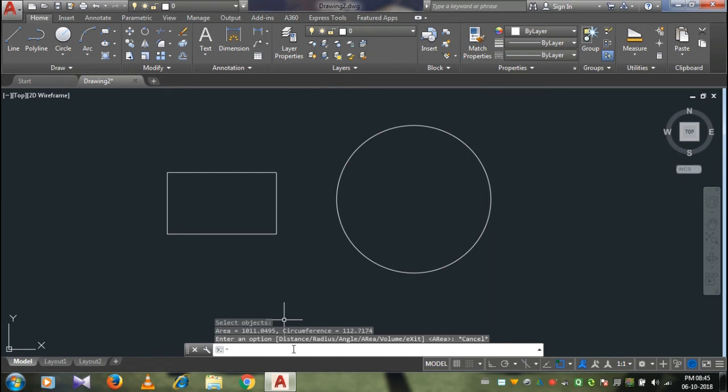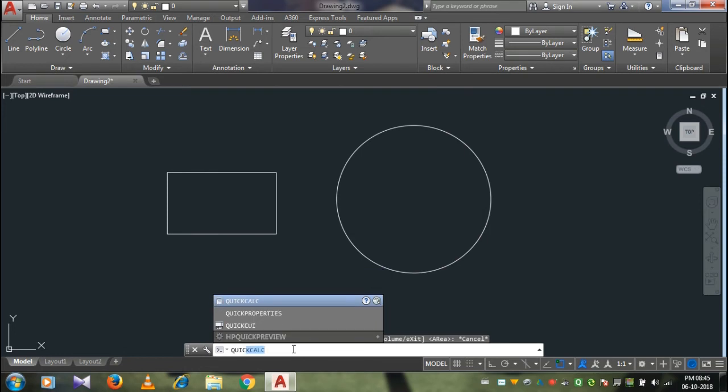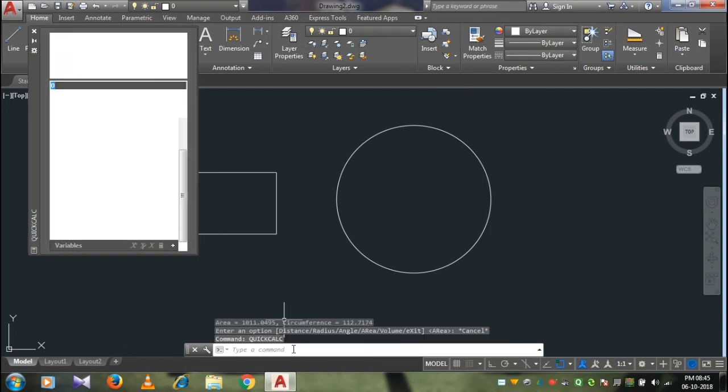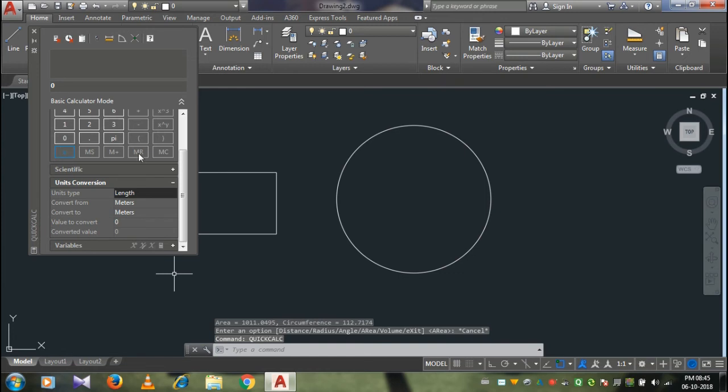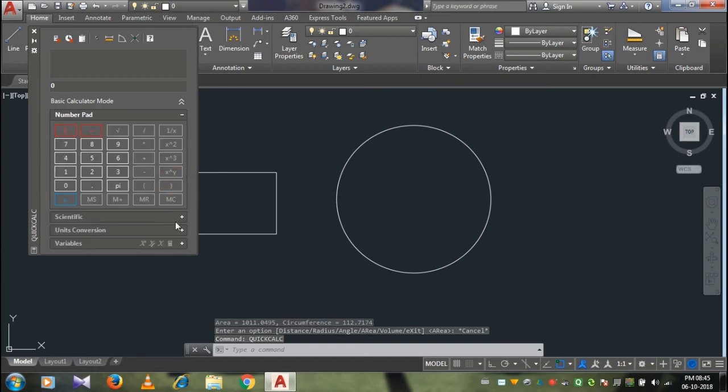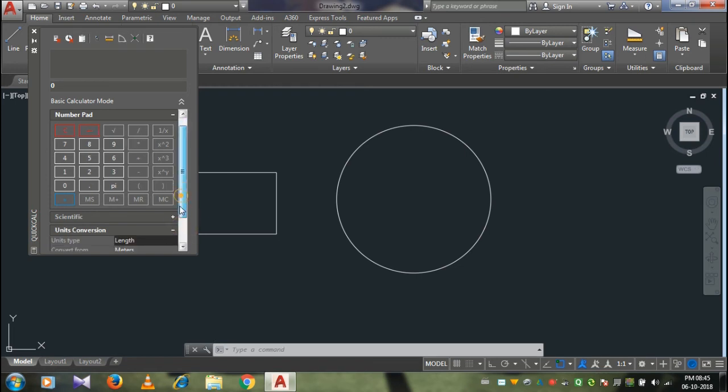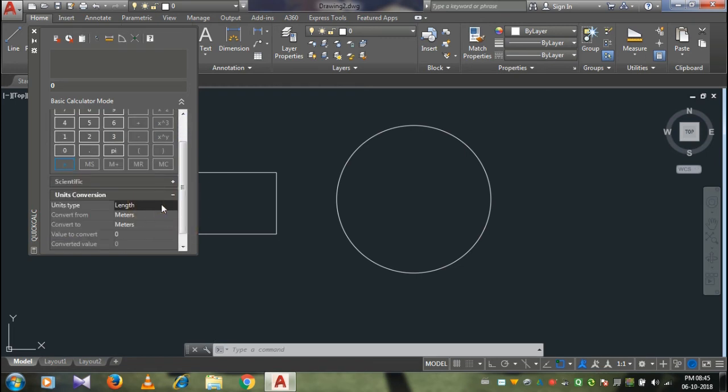Now press quick calc, QC, quick calc, or normally you can type calculator. You will be redirected to this dialog box. Now here, guys, units conversion. Press on unit conversion and scroll down. Now you want to change the units, guys. Here press area. You got it in square meters, so keep it as square meters only. Now you want it in square feet. Press OK. Then what was your